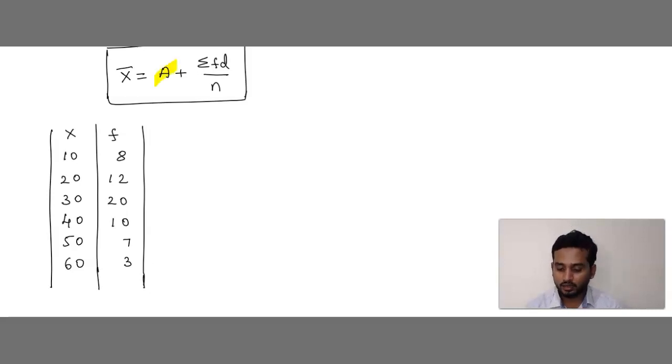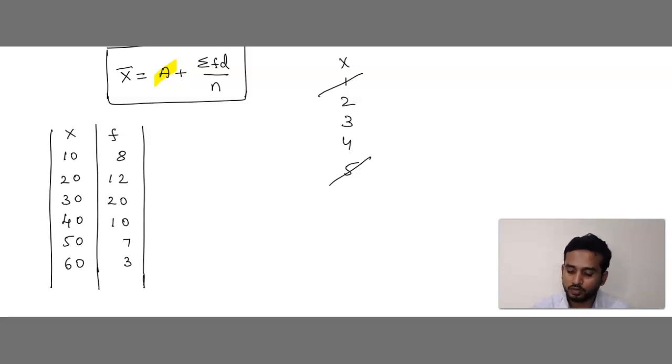To find A, I'll tell you one thing: how to find the assumed mean. Observe here. See children, for example, the values of x are 1, 2, 3, 4, 5. First number and last number you cancel. Don't actually cancel, I'm just telling you, just omit those values. Next the second number and the second-last number you cancel. What is the middle term left out? 3. So this 3 is known as the assumed mean.